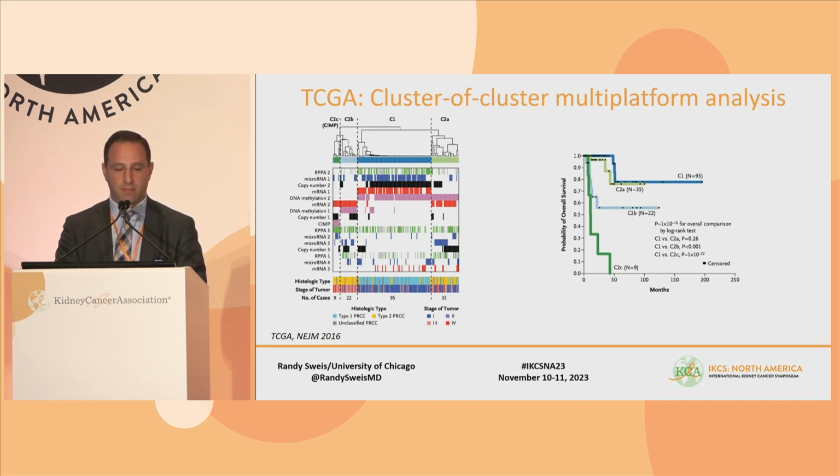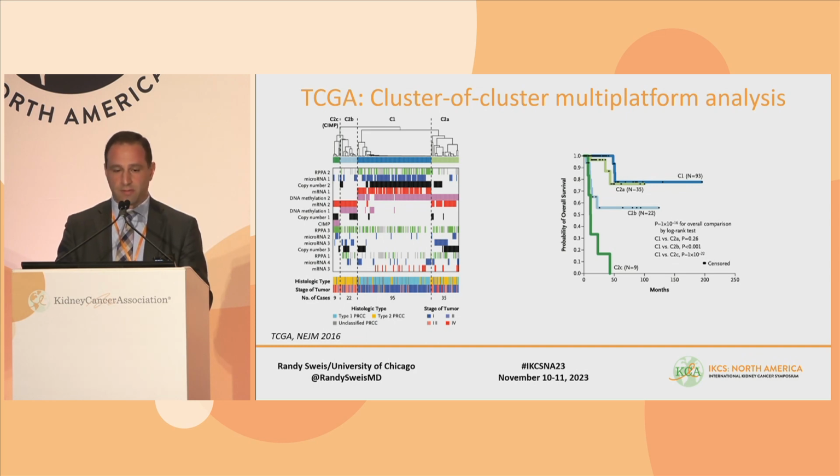C2B is a mix of unclassified and type 2, but predominantly type 2. C2A and C2B are both predominantly type 2 or unclassified, but there are differences in stage. It seemed that C2B was a higher stage and had worse prognosis. And then the CIMP is again defined here as a smaller cluster with the worst prognosis that was associated with